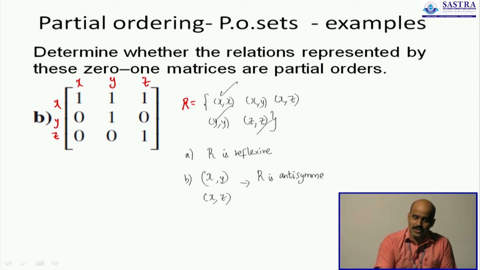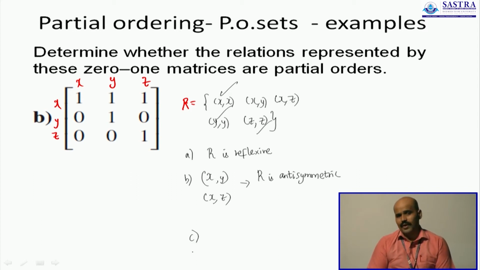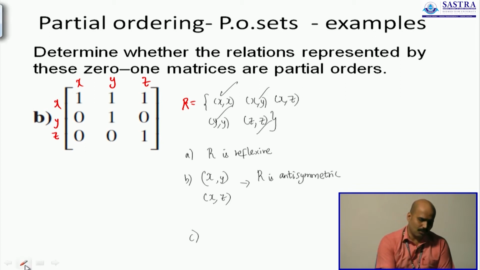So now that the relation has met 2 of the 3 conditions required for it to become a partial ordering, let's check the point where we are able to conclude whether it is an equivalence relation. Turns out it is also transitive, because xy and yy should mean xy is present, xz and zz should imply xz is present, xz is also present. So you can't find justification that is enough to support the statement that it is not transitive. Therefore R is transitive.